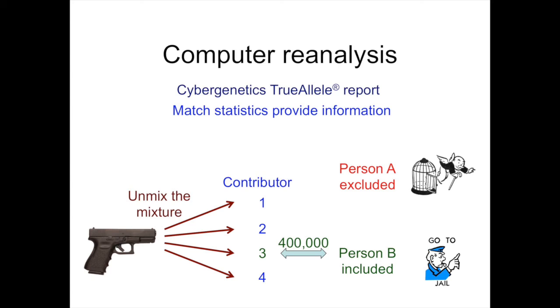And what the DA does is drop charges. So that's what happens when you have real information. Same data, but better interpretation. Then there's another individual, and he was included with a match statistic of around 500,000. And he ended up accepting a guilty plea, and he went to jail. So if you're not interpreting DNA evidence and you're throwing out most of it as inconclusive, it's not just that there's court costs, waste of time, and so on, but the information that can acquit or convict is just not